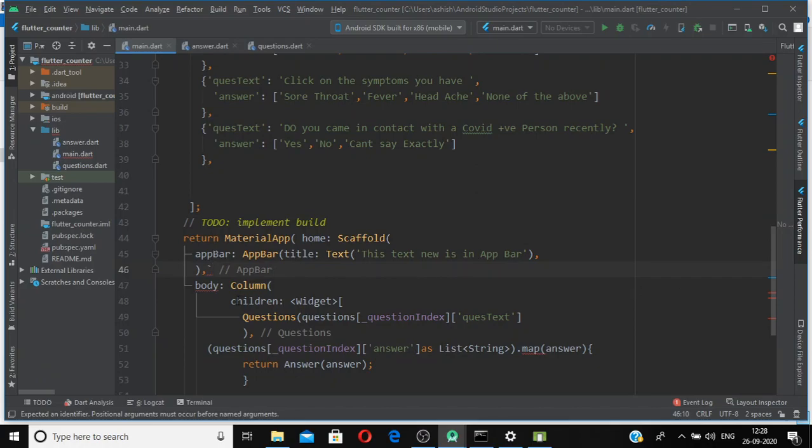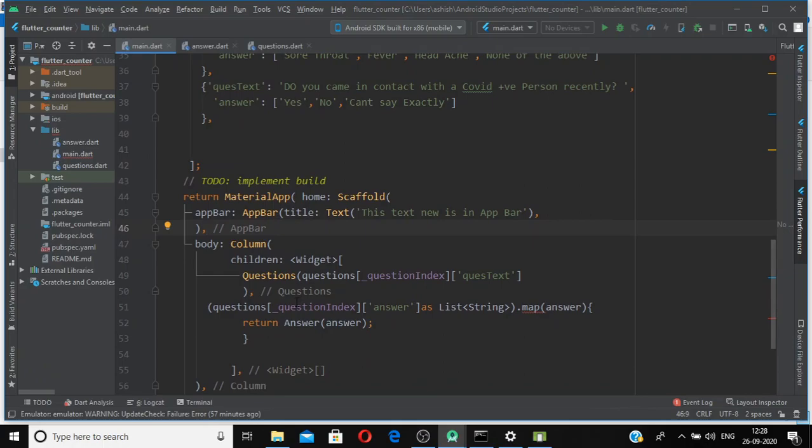So what this will infer is that we have a list of strings, and from this key value pair, and from this list of strings we have our string.